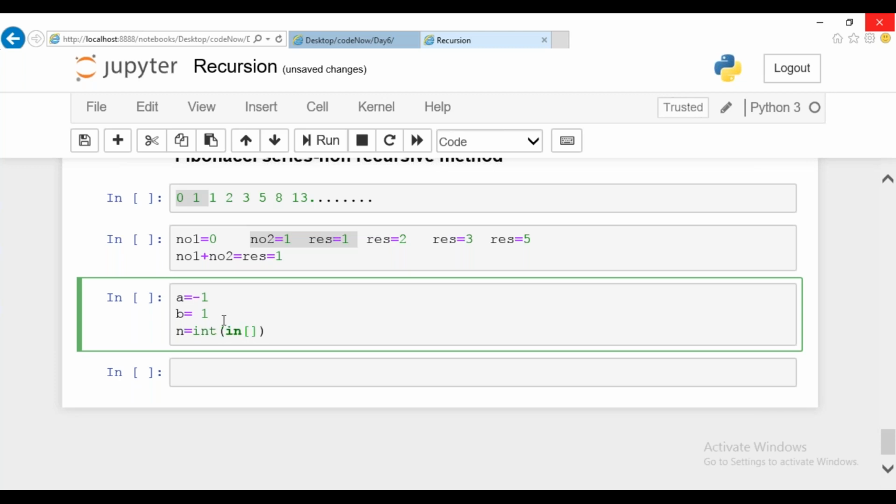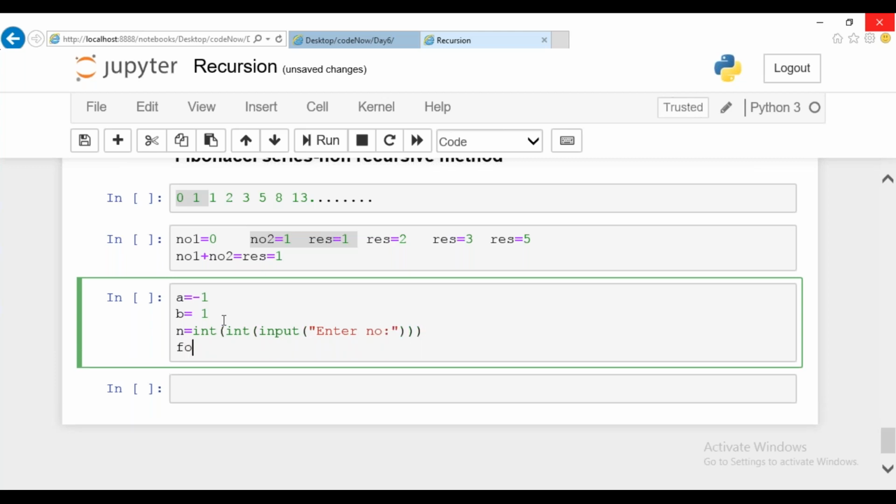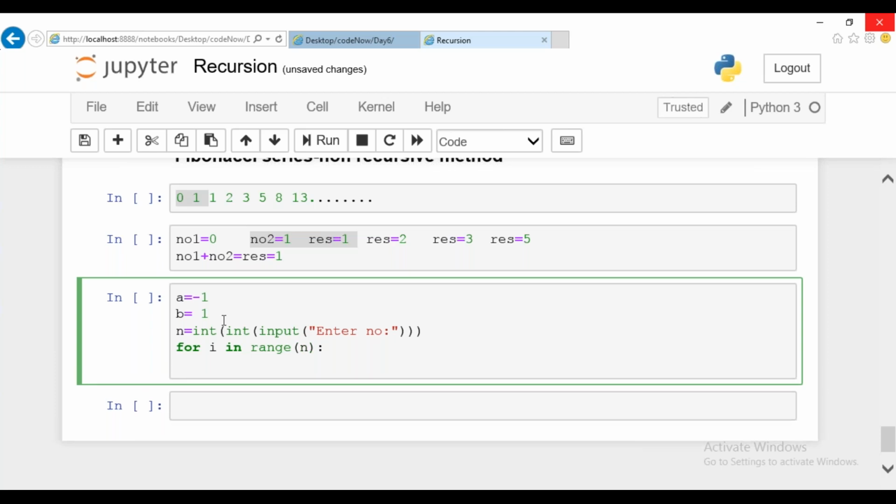Just listen carefully. Int followed by input. Let us assume we're going to enter a number. After this, I'm going to start my iteration for I in range of N. And here, what is the calculation I told you?